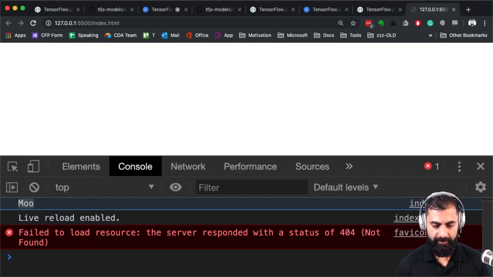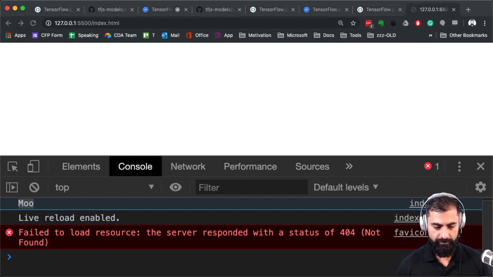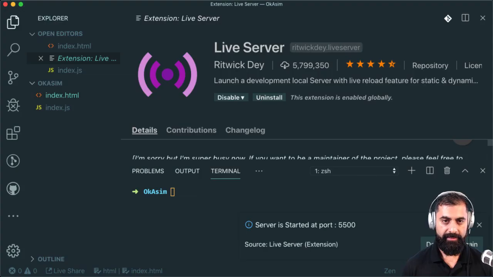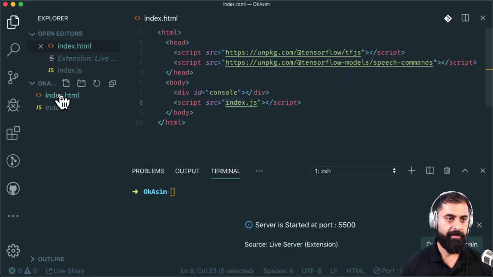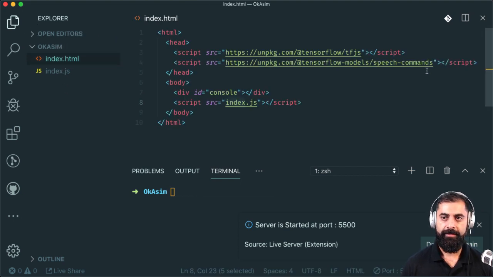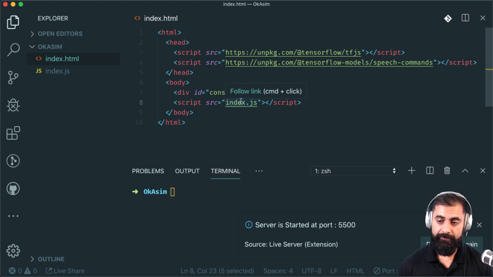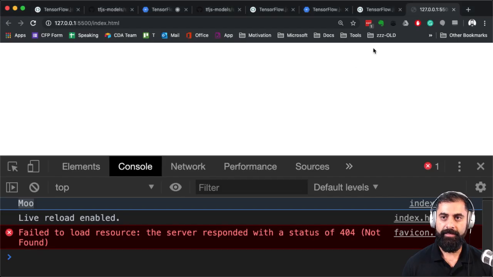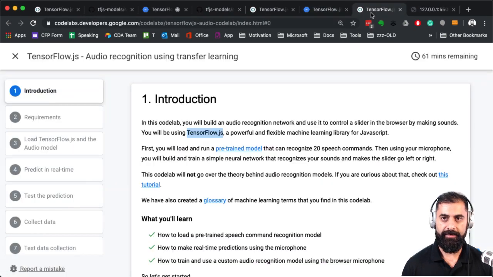All right. Not doing terribly so far. Let's give it a go. Next up, kind of forgotten where I am. Oh yeah, we've got this working here, and now we've got index.js. So we're good. Let's now go back to Colab and see what they say is the next steps.